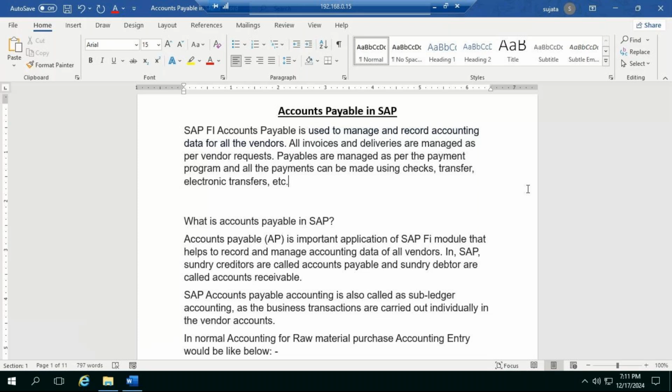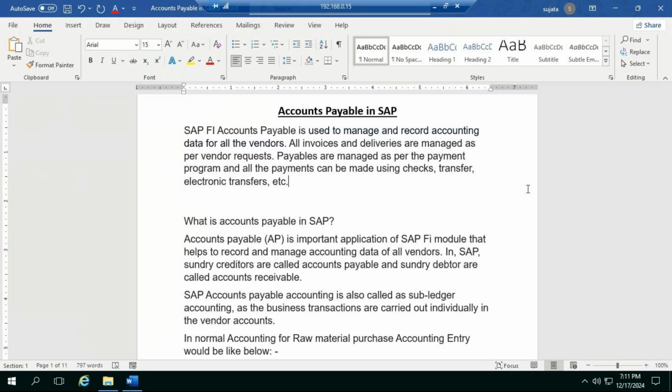In SAP, sundry creditors are called accounts payable, and sundry debtors are called accounts receivable. SAP accounts payable accounting is also called subledger accounting, as the business transactions are carried out individually in the vendor accounts.